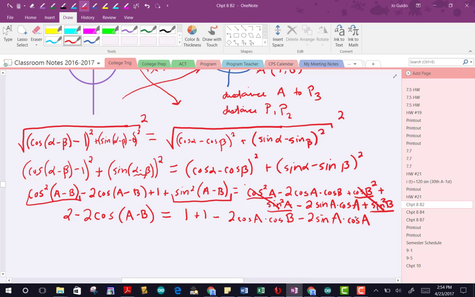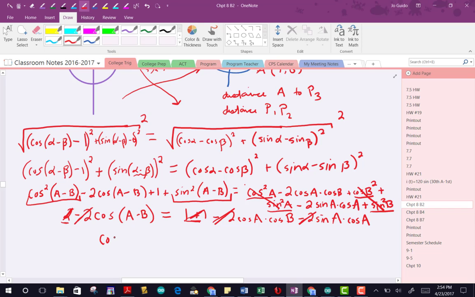I can divide everything by negative 2. So that negative 2, that negative 2, and that negative 2 go away. And I end up with the cosine of A minus B equals the cosine of A times cosine of B minus the sine of A